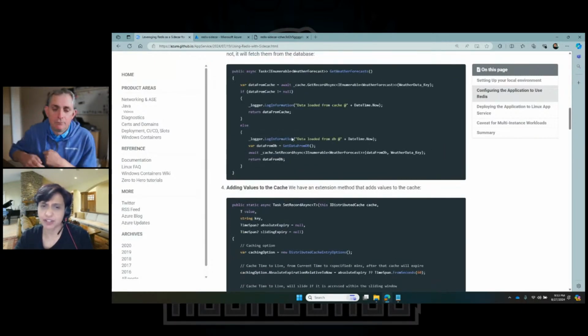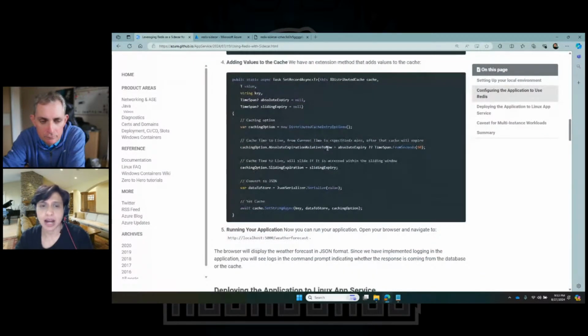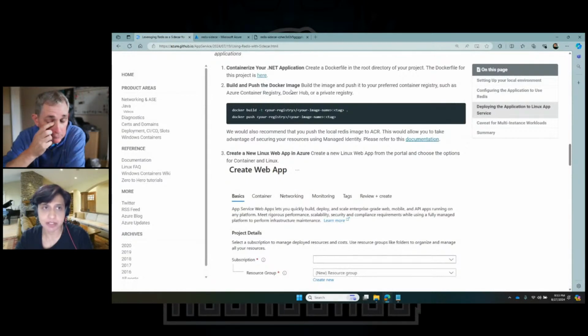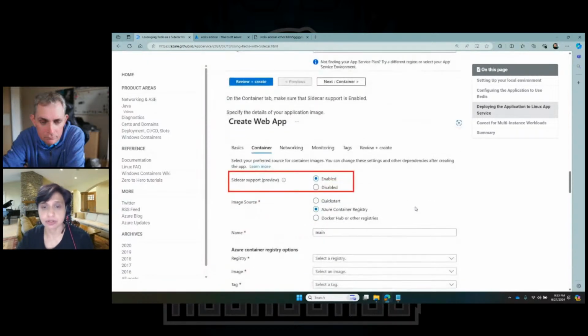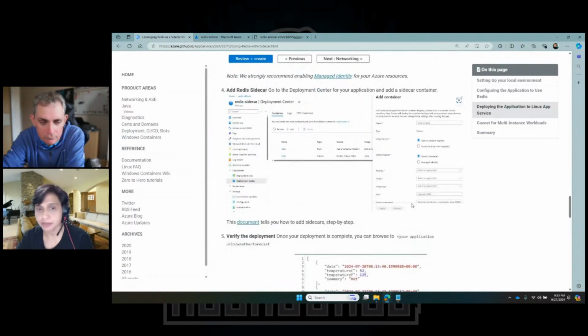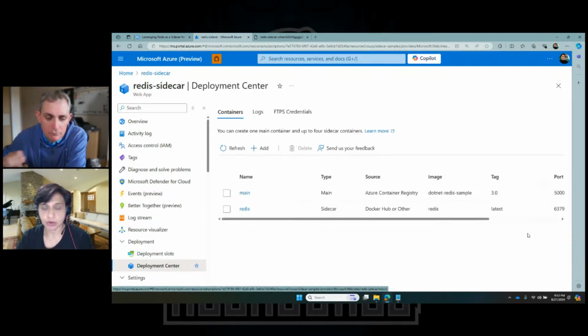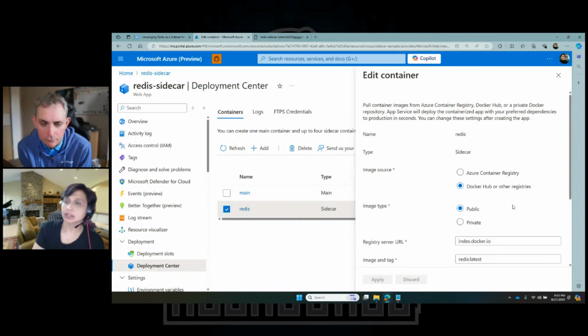So here I've set up Redis. It's a weather forecasting system. I've set up some options for Redis, and then I've deployed it to app service. And so you can see that I pushed it to the container registry. I have the publish options. I'm using sidecar enabled, and I've added over here my Redis sidecar. So again, the main container, we have the sidecar, which is listening to 6379, and that's all you